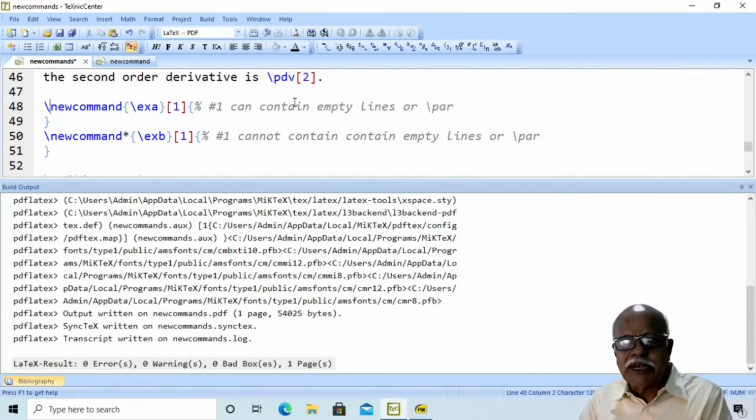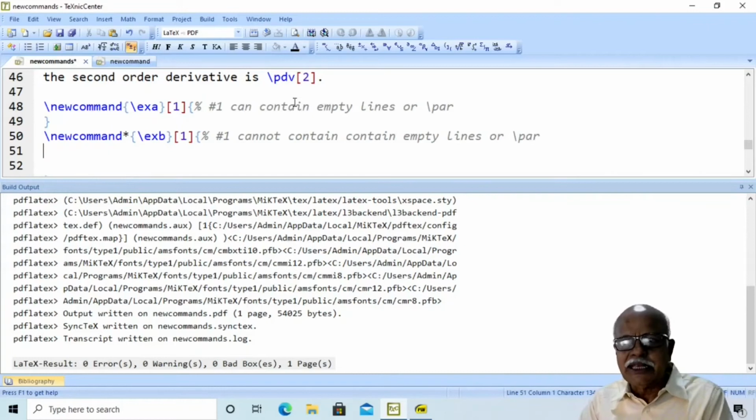In \newcommand, you can have empty lines or the paragraph command \par. But in \newcommand*, you cannot have empty lines or the paragraph command. Let me explain this.